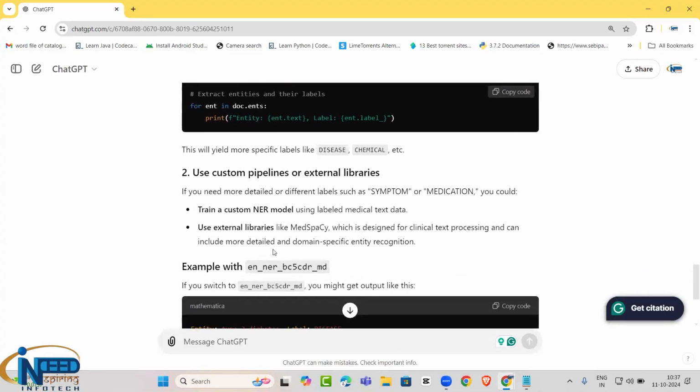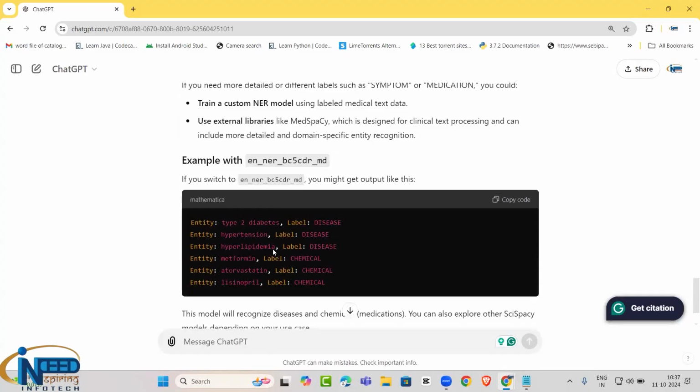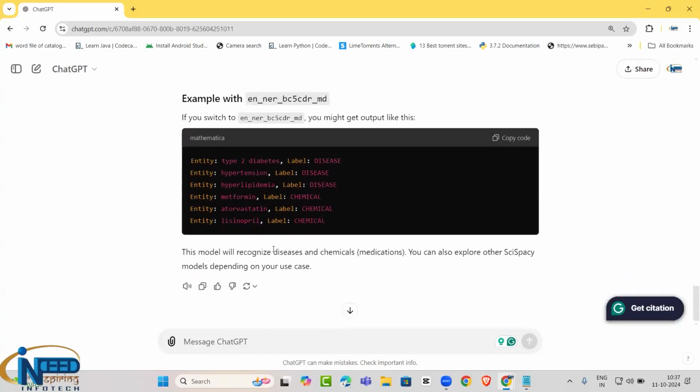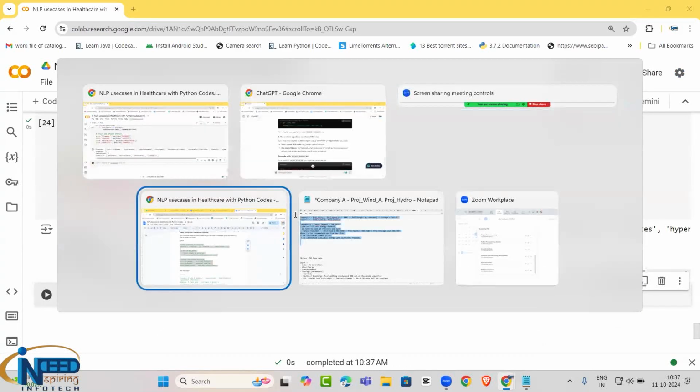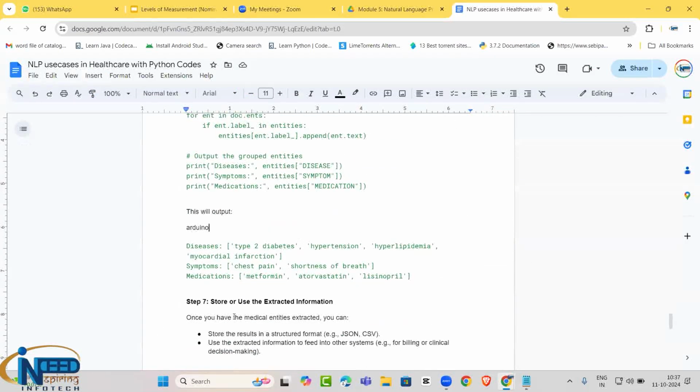Yes, custom pipelines. Correct, so we are able to find this. Okay, now let us go back and here we have got this kind of